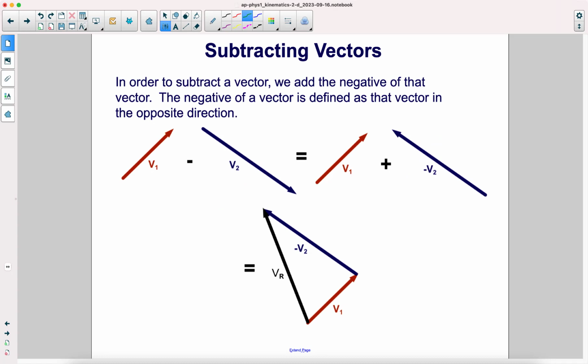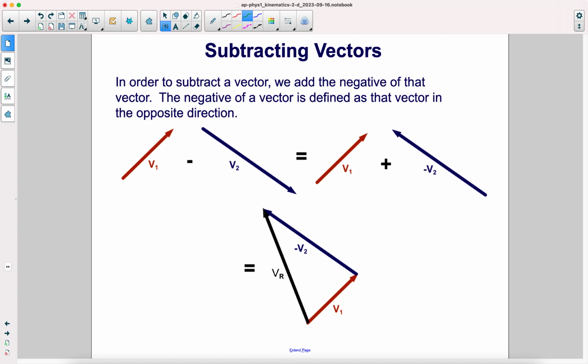In order to subtract a vector, we add the negative of that vector. The negative of a vector is defined as the same vector but in the opposite direction. So if we take this red vector and we want to subtract the blue vector, that's the same thing as